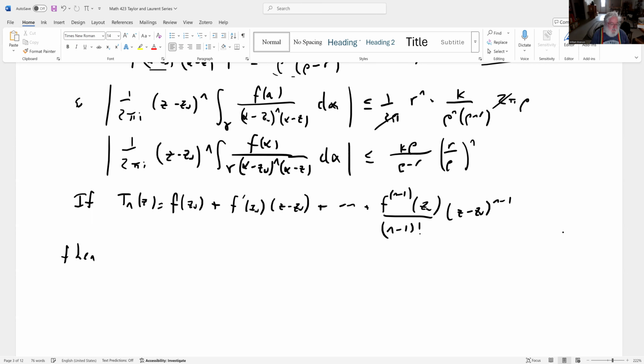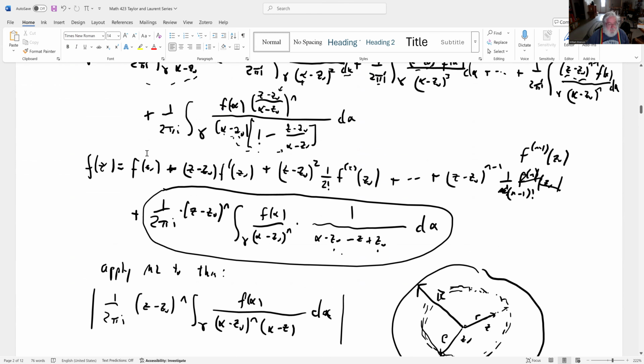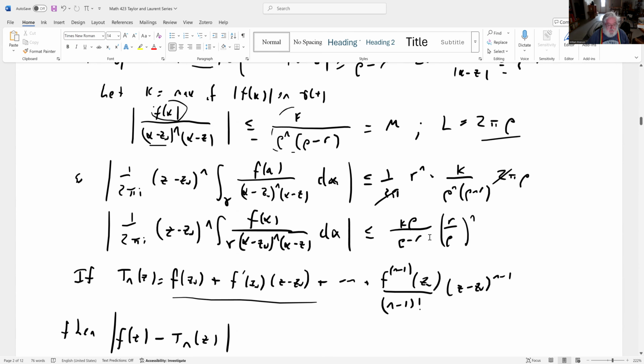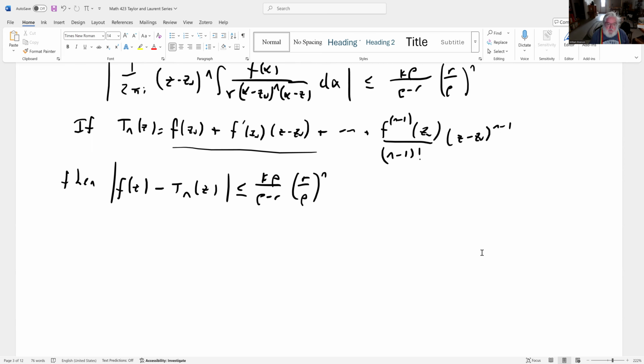Then what have we actually shown? We've shown that f of z minus Tn of z, right? That's the polynomial. F of z minus this polynomial is equal to this integral, but that integral in absolute value is less than or equal to k rho over rho minus r, r over rho to the n. And as n goes to infinity,